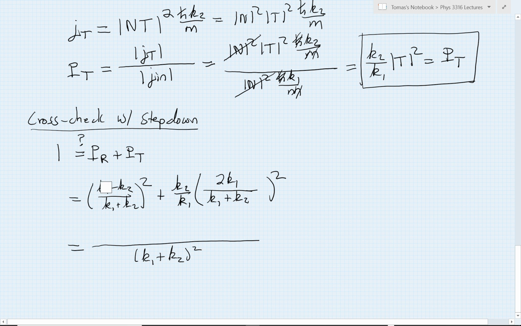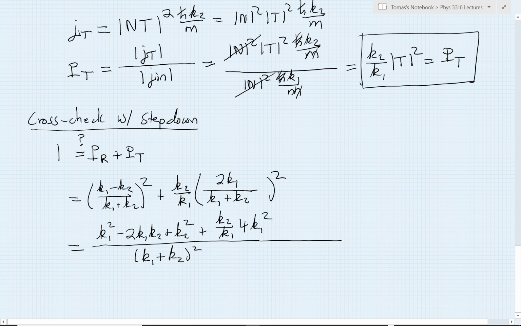Now the first term gives me the difference squared. I know how to handle that. That's k1 squared minus twice the product, k1 k2, plus the square of the second term, k2 squared. In addition to this, then, I have my new factor, and it has this mysterious k2 over k1 that must be playing some kind of an important role, and that multiplies the square of the term in the parentheses, which would be 4 times k1 squared.